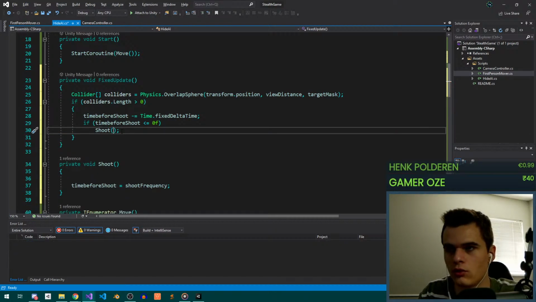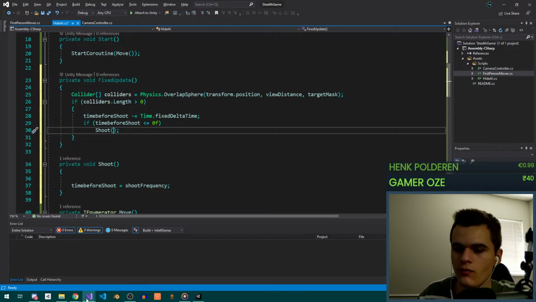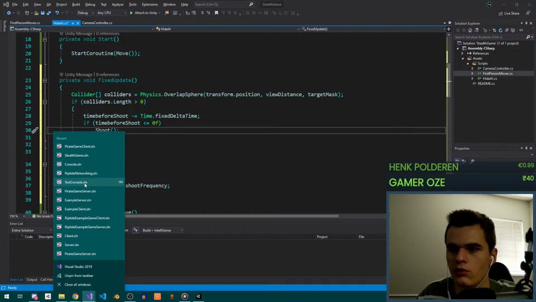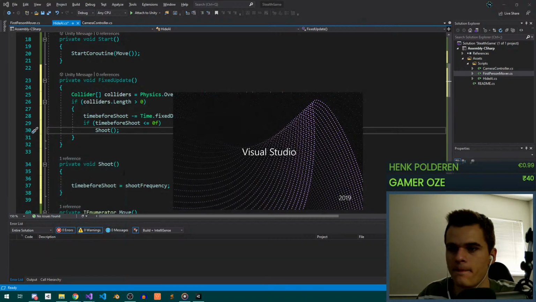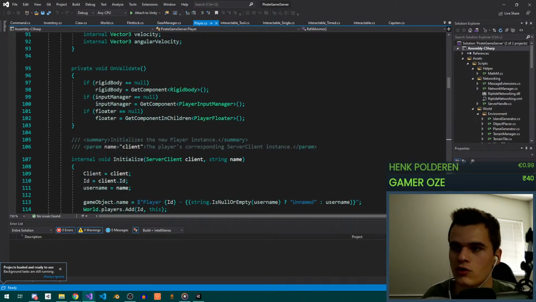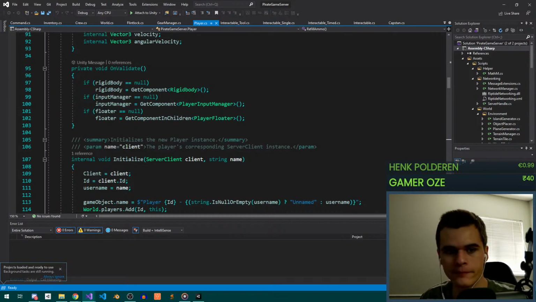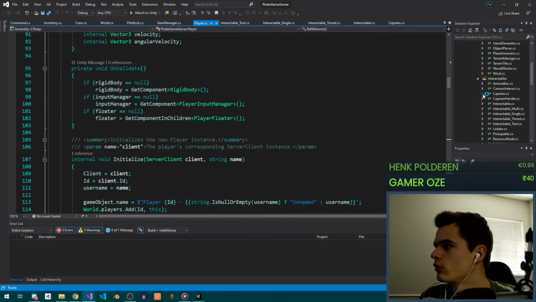And honestly, the shooting is literally... Well, actually, we do need to check if the player is even in view. Right. I'm going to grab... There's my... So I have some logic that checks if something is within a certain angle. Dot product to player transform? Possibly. Hang on, where's my...